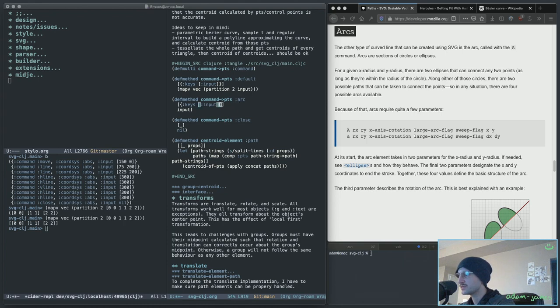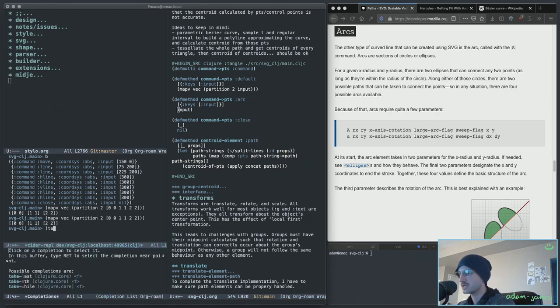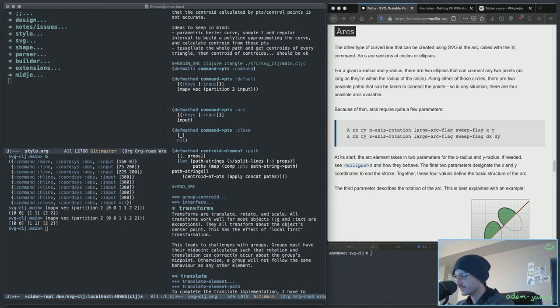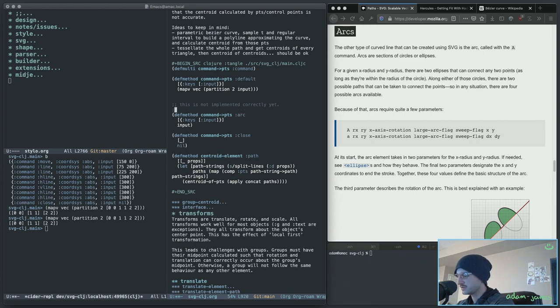But I am going to just do, take last is a thing, right? Take last, yeah. This is not implemented correctly yet. Just a stub returning